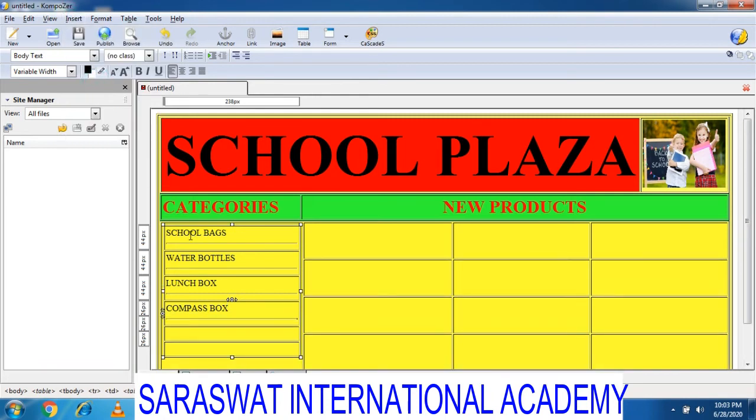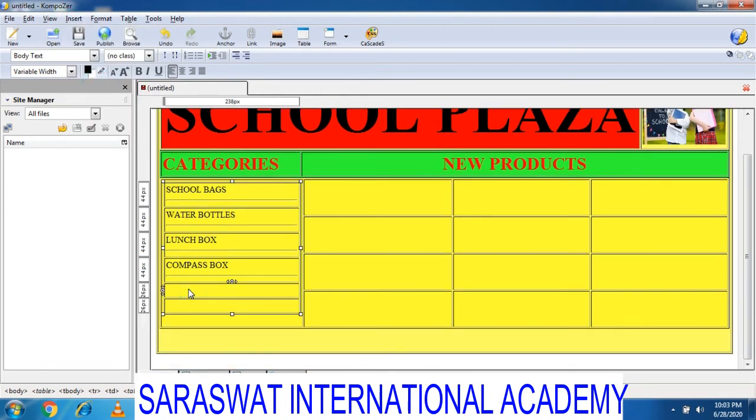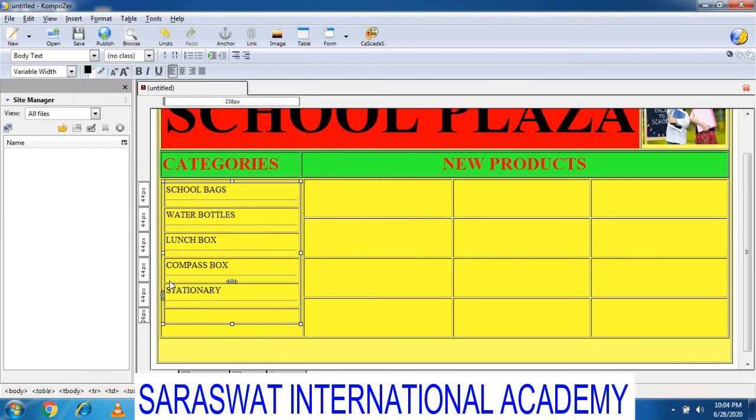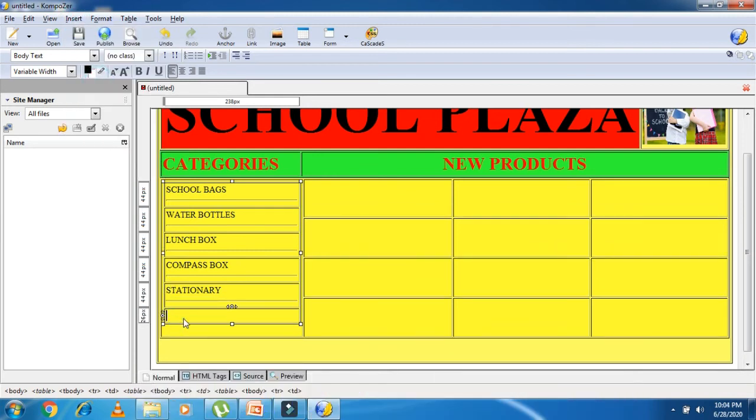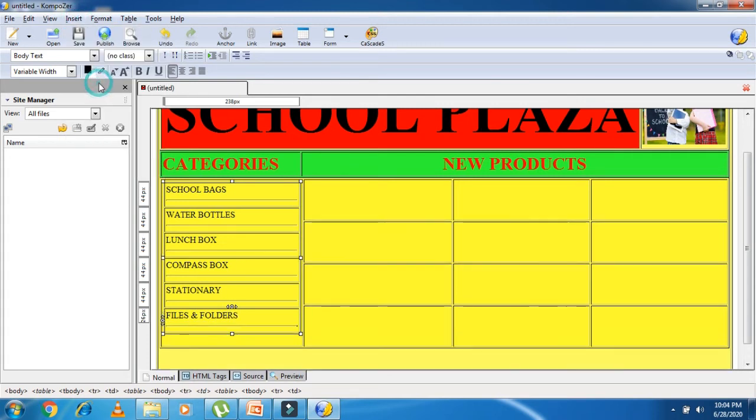After that, stationery, and again I have to add a horizontal line. After that, files and folders, and one more horizontal line I have to add.